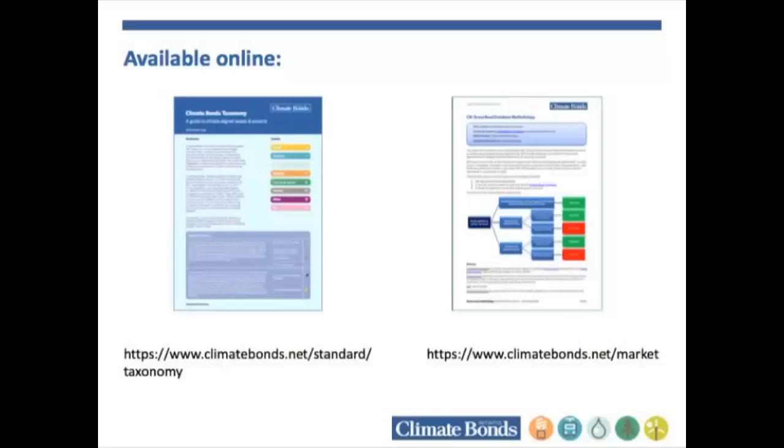In terms of other changes, I think that's one of the main additions in there, but most of the other changes come under the screening indicator column. So where things have been updated, it's generally to give clearer guidance on the screening indicators that are needed for a bond to show compliance with the Climate Bonds Taxonomy. A couple of examples of that would be in bioenergy and hydropower. I think on the previous version of the taxonomy, we didn't have clear thresholds. We just said that they would have had to show that they were